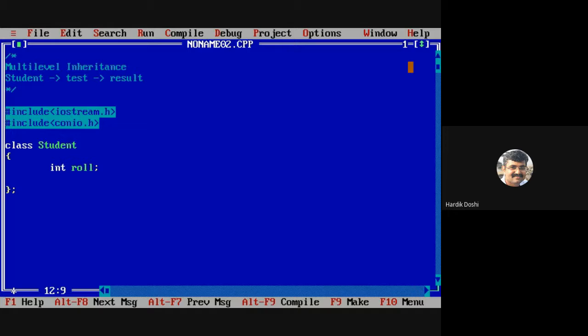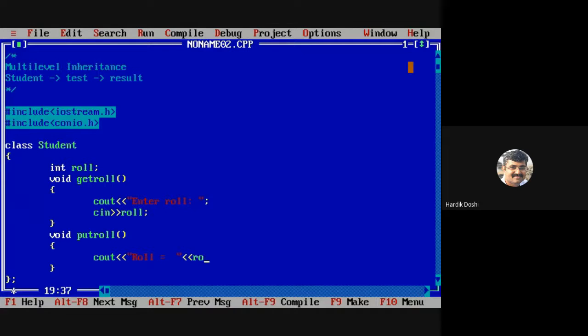Now I am writing one function, void get roll, wherein I am getting the roll number from the user: enter roll. Same way I am writing void put roll, wherein I am simply writing cout roll is equals to something, and that is our roll.